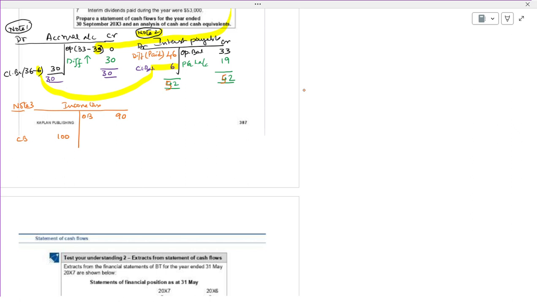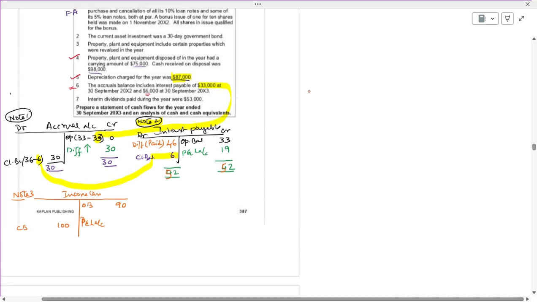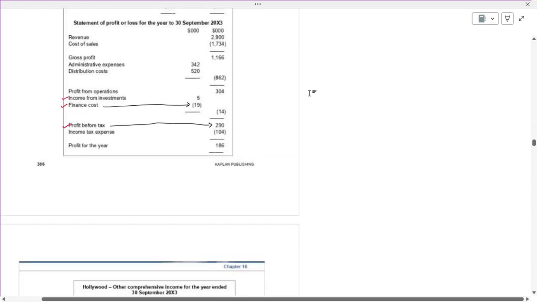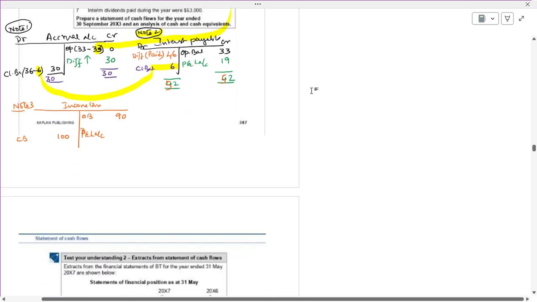In the profit and loss account, how much have they said? Income tax expense, 104. See Hussein,